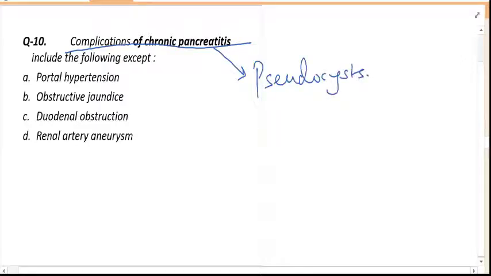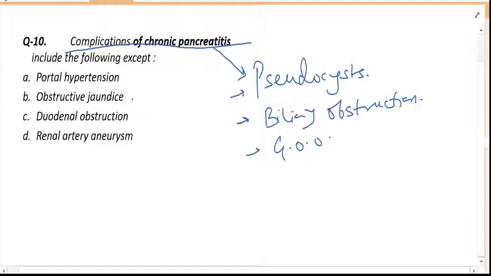Pseudocysts are very commonly, we can say the most common cause of pseudocyst is chronic pancreatitis. Biliary obstruction because of the fibrosis, especially if it is in the head region of the pancreas, then this will lead to biliary obstruction, so obstructive jaundice can occur. Gastric outlet obstruction because of the fibrosis, adenocarcinoma of pancreas,